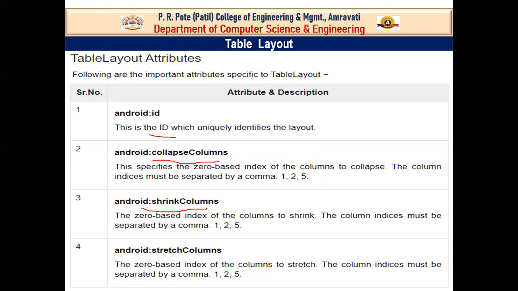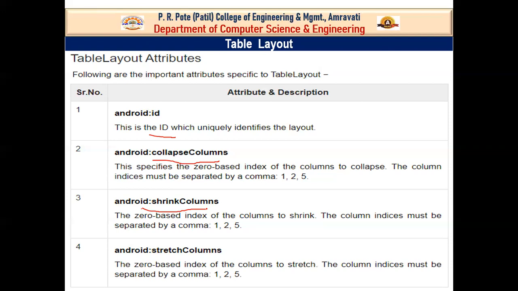If there is unused space available on the layout, you can have one column adjust to use the maximum space. This can be done by having the stretchColumns property.